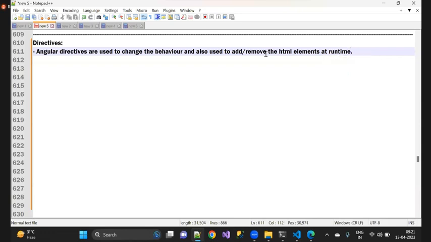Generally, Angular directives are nothing but that is also going to be a class only. So the way